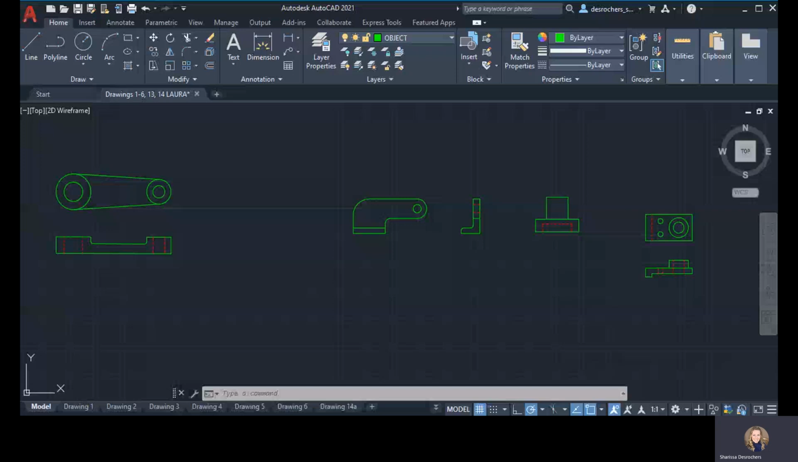First, I'm going to share my screen. Let's go to this one, AutoCAD. All right. So